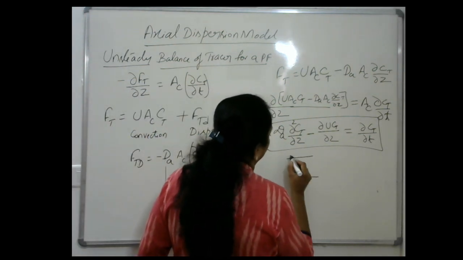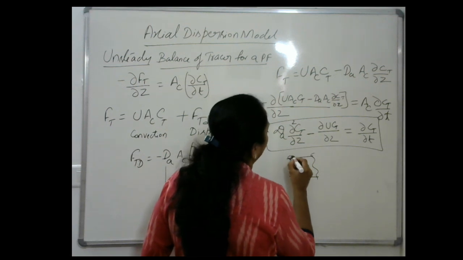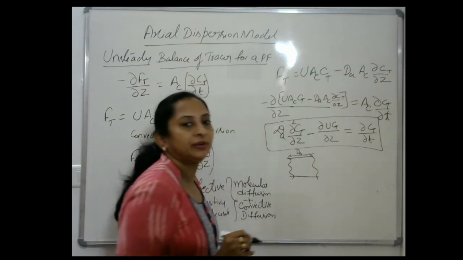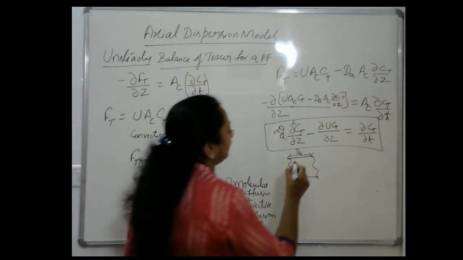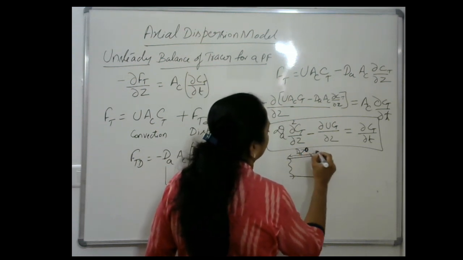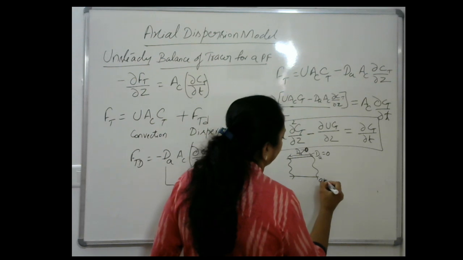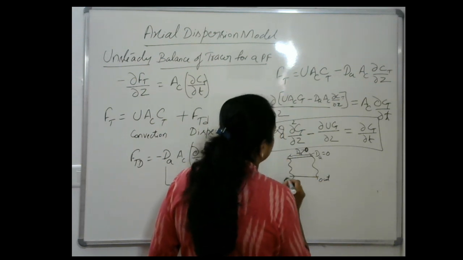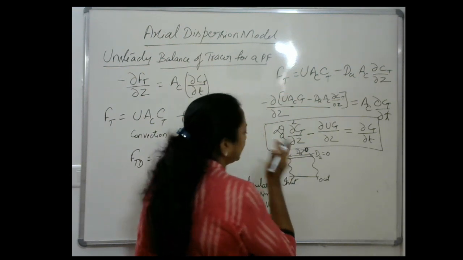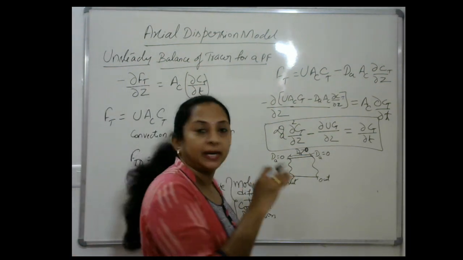Suppose I have a PFR here, and along its length, this D_A is the effective diffusivity coefficient. If this effective diffusivity coefficient is greater than 0 along the length, and it is 0 at the outlet, I'll call this the outlet and this the inlet. And if D_A is equal to 0 at the inlet and outlet, and D_A is greater than 0 along the length,